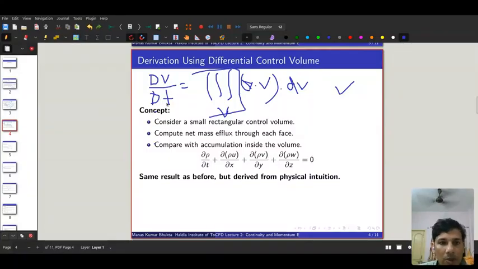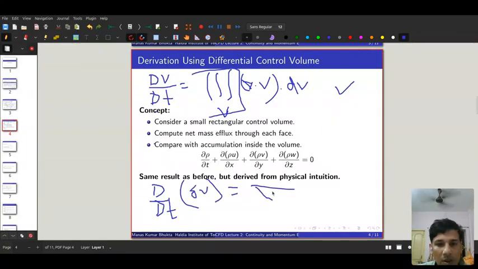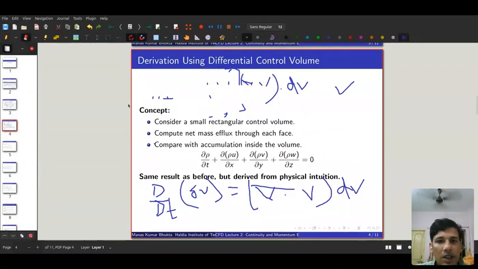Okay, now it has become zero. So for that case we can rewrite that equation. Now it is written as dV because we are shrinking that volume, so we can omit that one. So Nabla operator V into dV. Now from this, what we can get for the next steps,